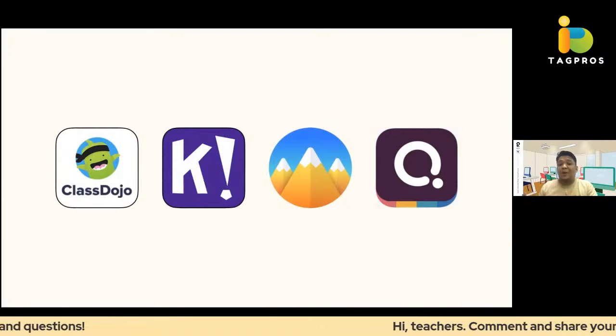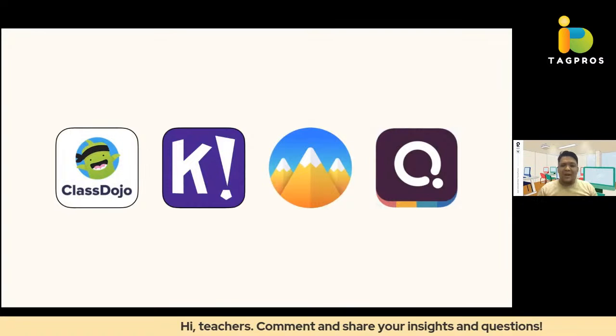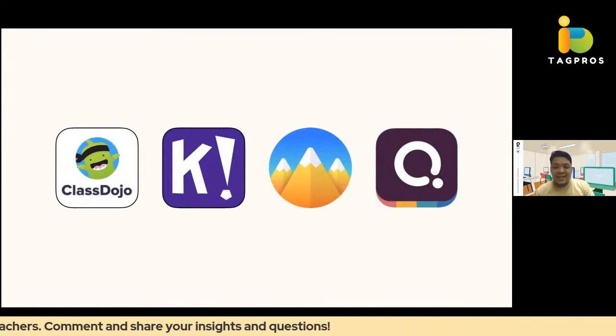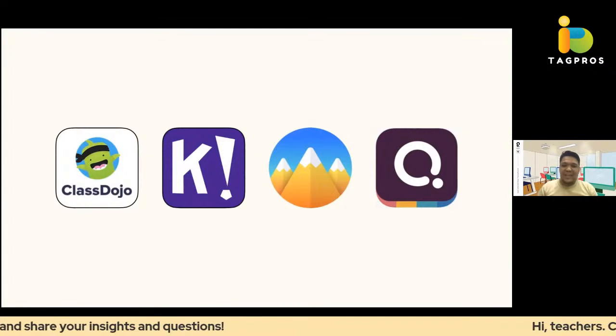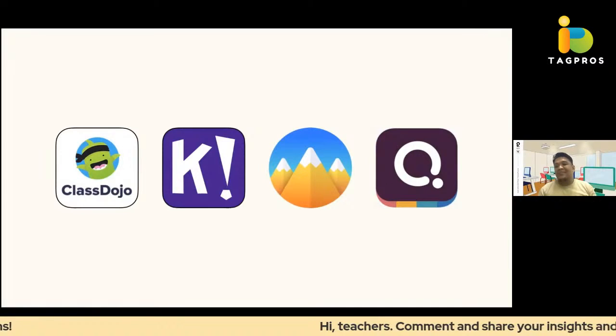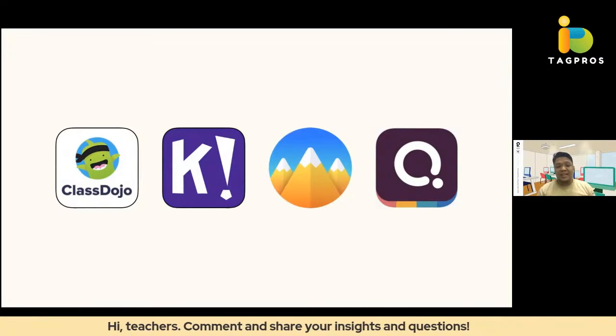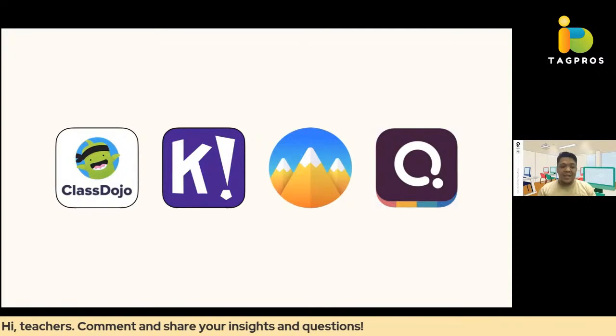So if they behave properly, they gain more points. So it's a very good app. It's a very good gamification as well. And lastly, quizzes. We use this in PBSI, in our training center as well, for breakout sessions, icebreakers, and we also use this in our staff trainings. So those are the apps